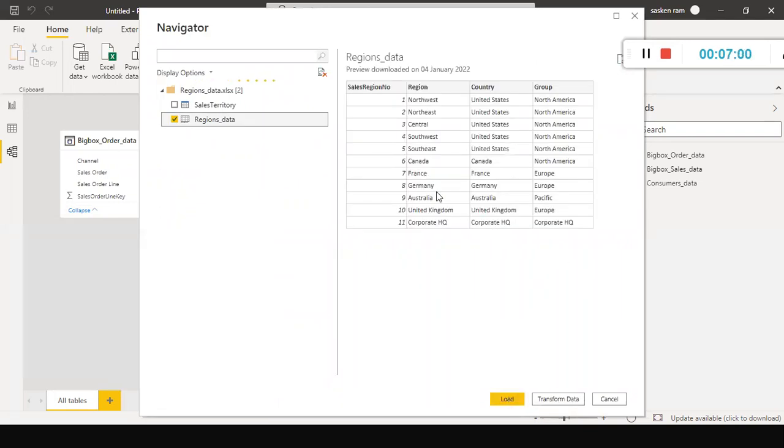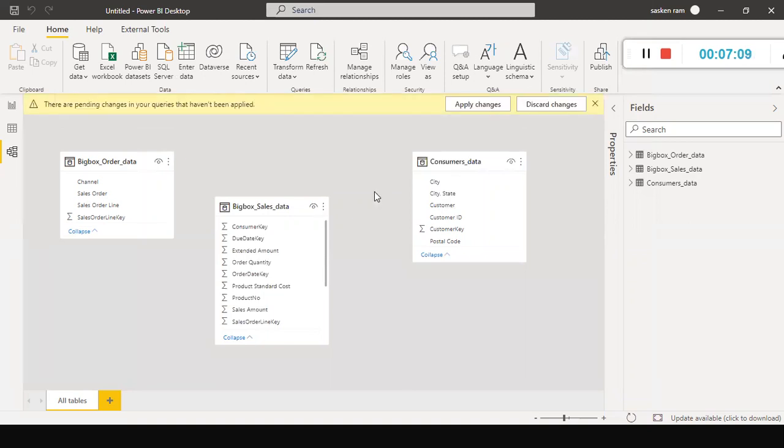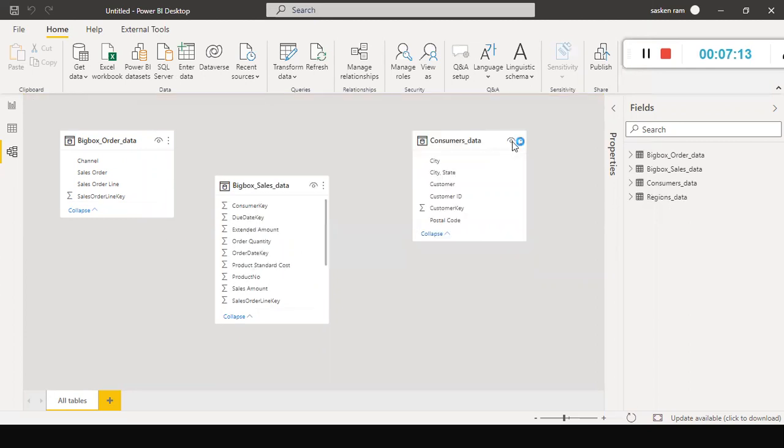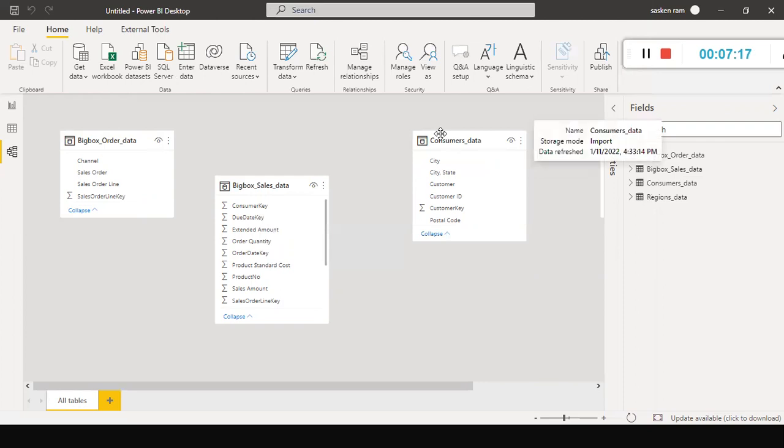Load it. Whatever files I load here, with the same name you can find them in GitHub. Anyhow, I'll send you the GitHub location, the URL.